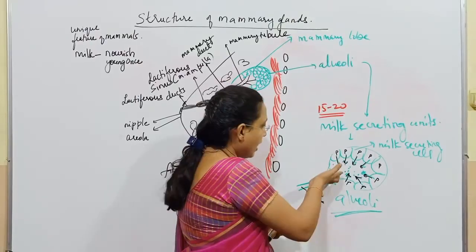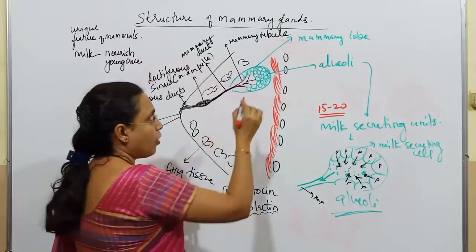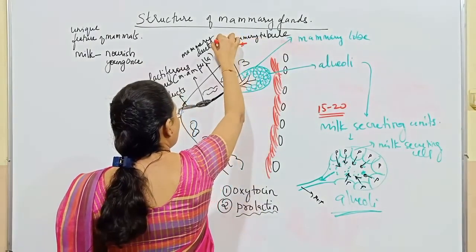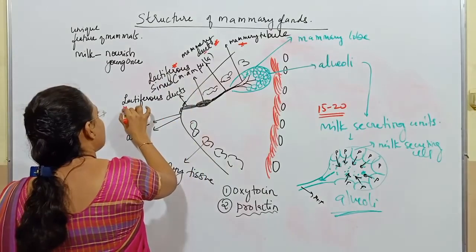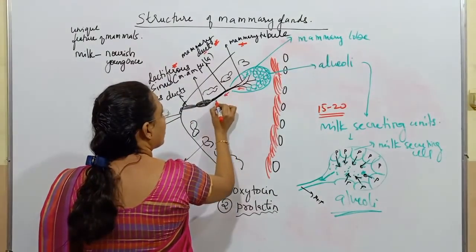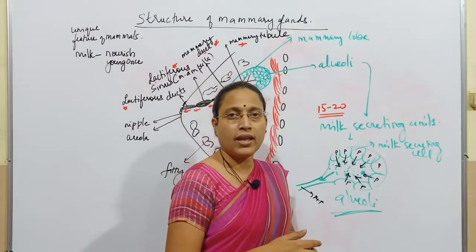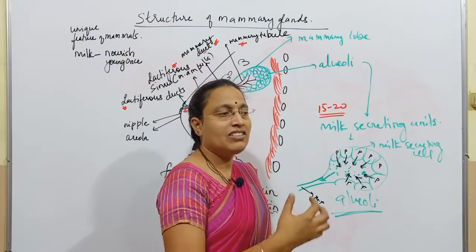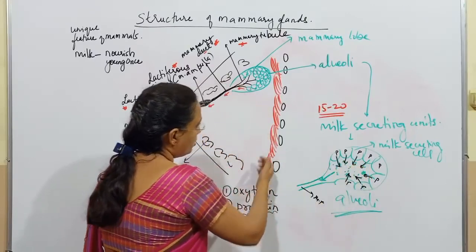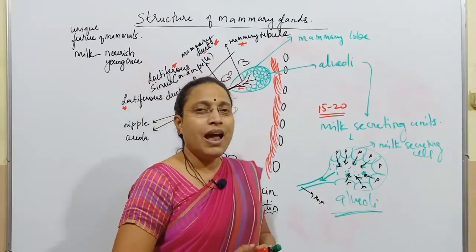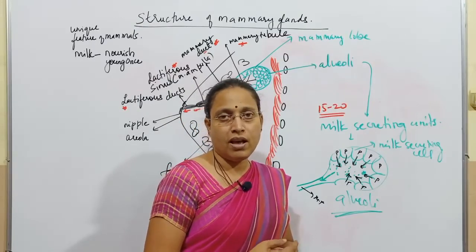Once the milk is secreted, the function of prolactin is over. Now how is that milk pushed in the ducts? What is the path it flows? First is mammary tubule, then it goes into the mammary duct, then the lactiferous sinus, then the lactiferous duct, and finally it is released outside the body. This is called milk ejection. That means the stored milk is pushed outside, and it is controlled by a nervous reflex called the milk ejection reflex.